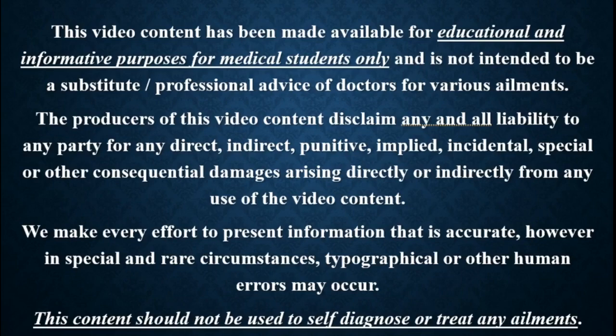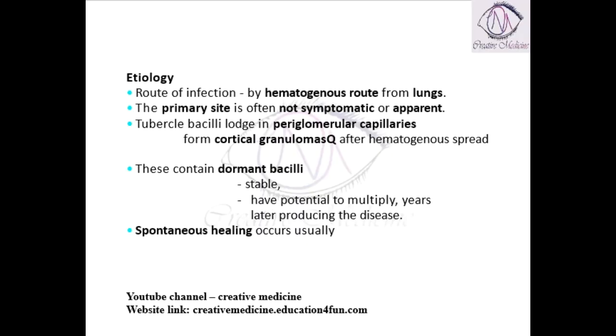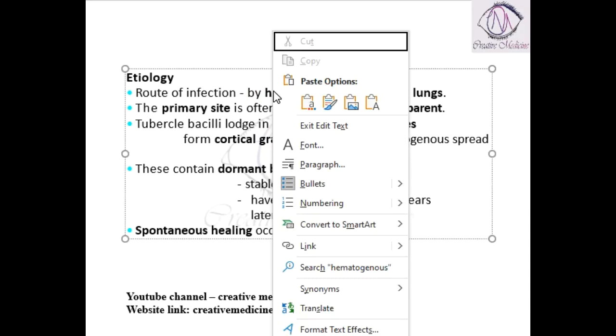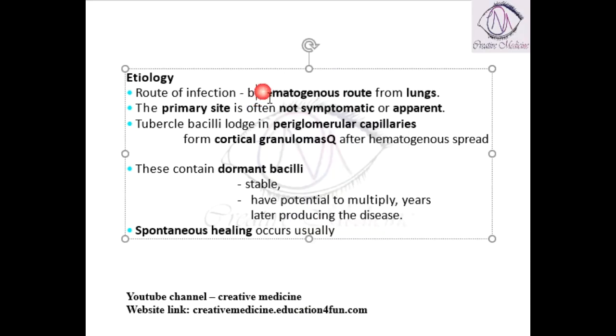In this lecture, we will learn about the etiology of genitourinary tuberculosis. The route of infection of genitourinary tuberculosis is by the hematogenous route. The route of infection is mainly by the hematogenous route from the lungs. So the main etiology of genitourinary tuberculosis is that the route of infection is by direct hematogenous spread from the lungs, and